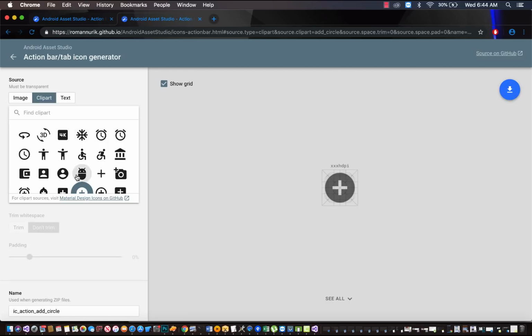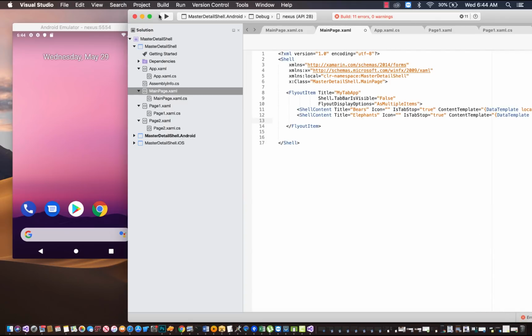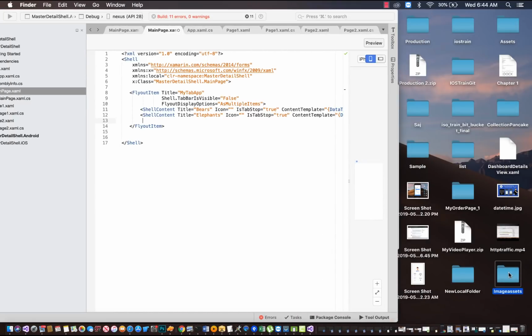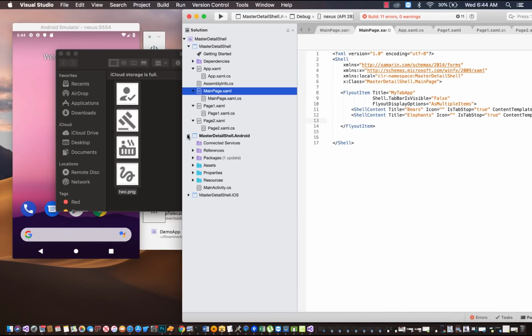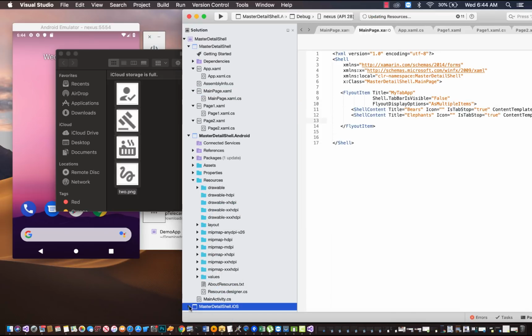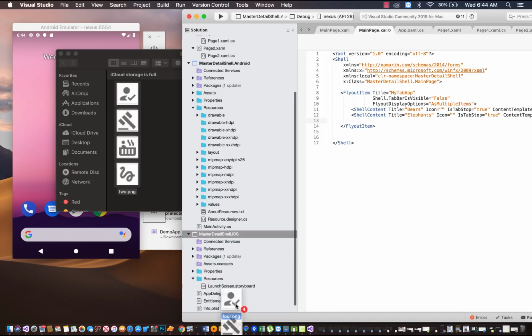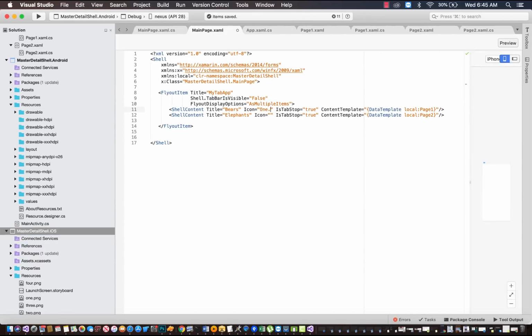Inside our action tab you will select any icon, give it any name as you like, select the theme and then download the images. I have already downloaded our required images. Now I'll copy all the images that were downloaded inside the resources folder of both Android and iOS. Change that icon name to the name that you have saved inside the resources folder of both Android and iOS. Now here